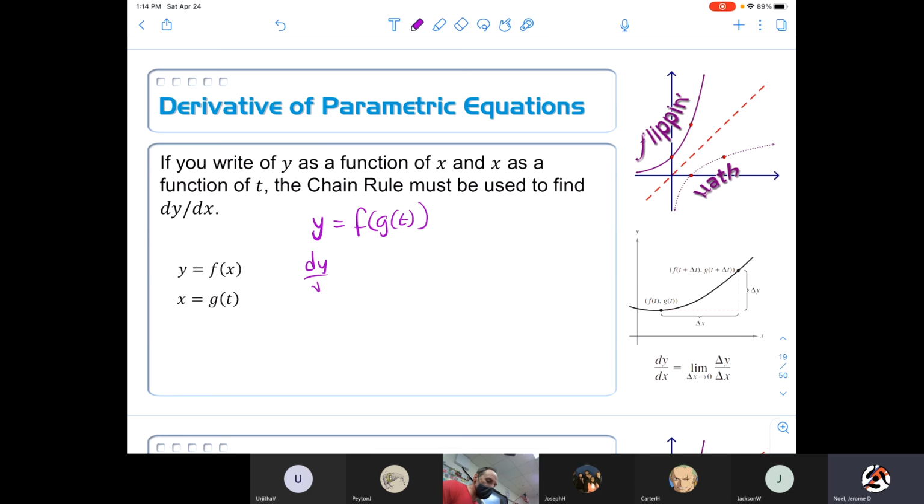So dy dx is equal to, I would have, yeah. So now let's put this back into like,